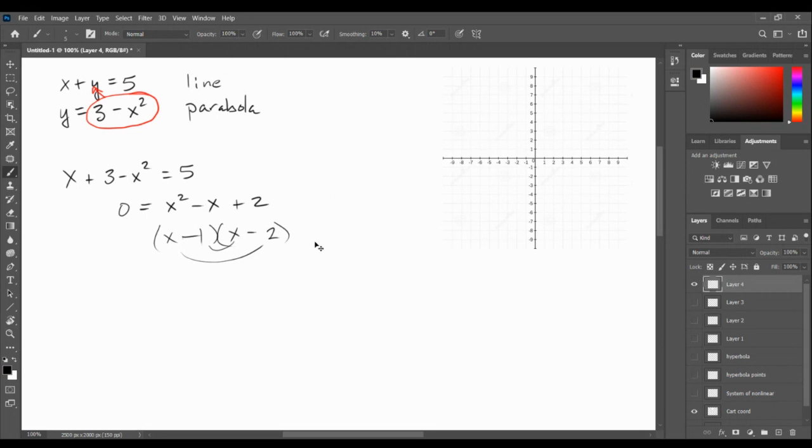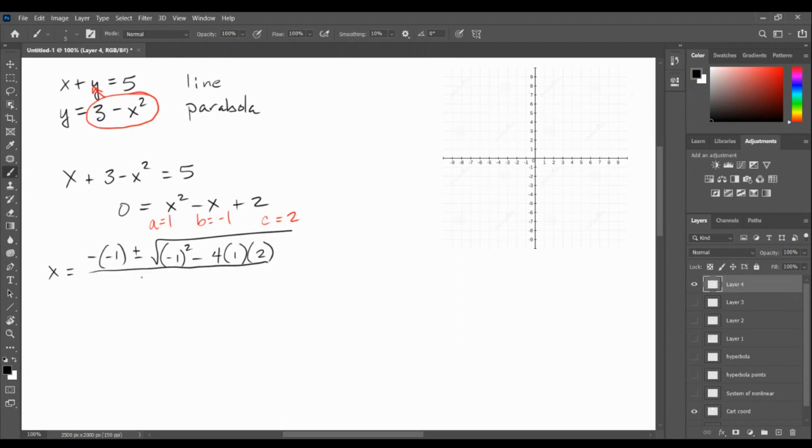So it turns out that isn't the right way to factor it, but I followed all the rules. So I'm going to go to the quadratic formula instead. So a equals 1, b is negative 1, c is 2. So going to the quadratic formula, x equals the opposite of b plus or minus the square root of b squared minus 4 times a times c